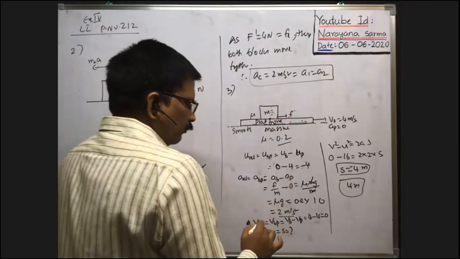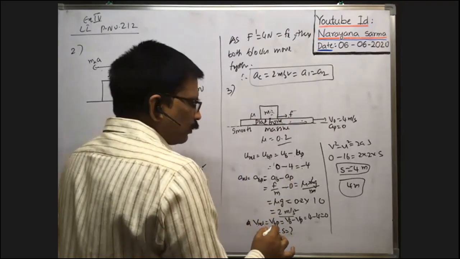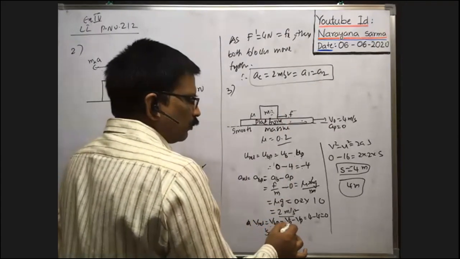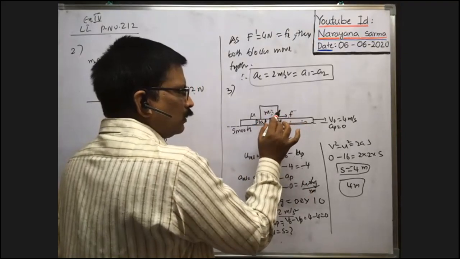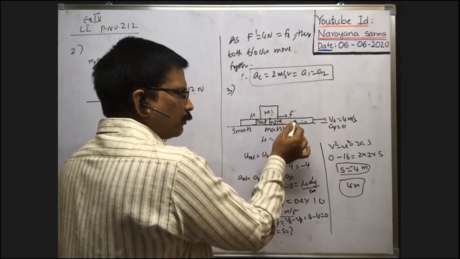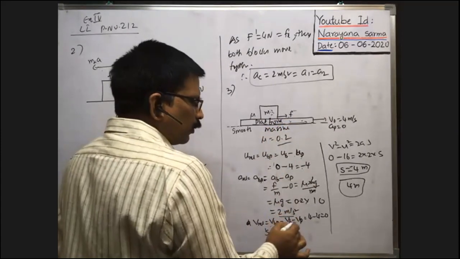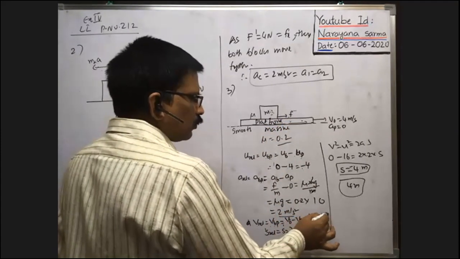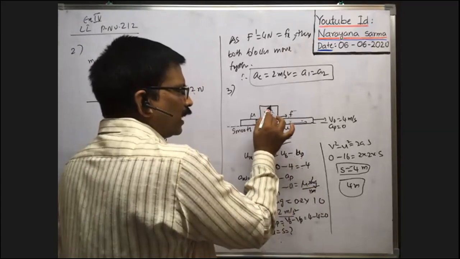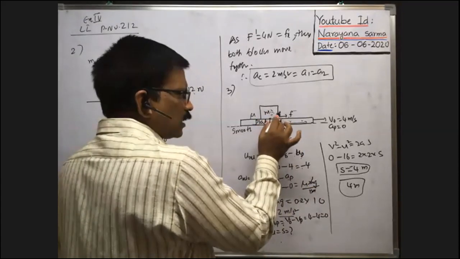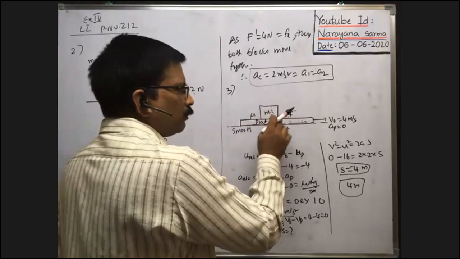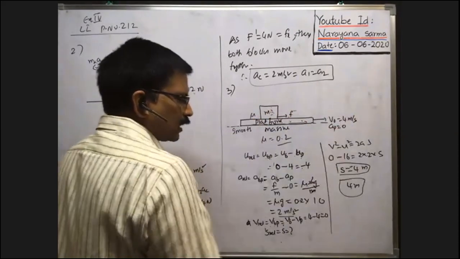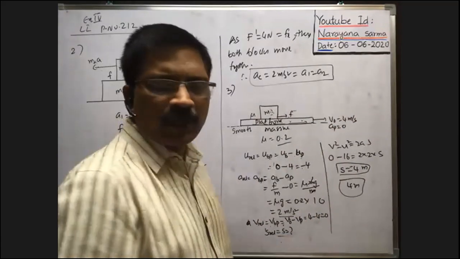That's why the final relative velocity is equal to the velocity of the block minus the velocity of the platform. Whenever the velocity of this body increases to 4 meters per second, the same as that of the platform, then the velocity of the body 4 minus the velocity of the platform 4 is 0. That means whenever the final relative velocity of the block with respect to the platform is 0, the block stops sliding because both travel with the same velocity. Then what is the distance traveled before coming to rest?